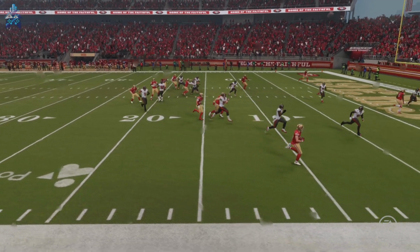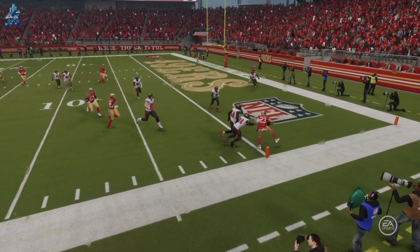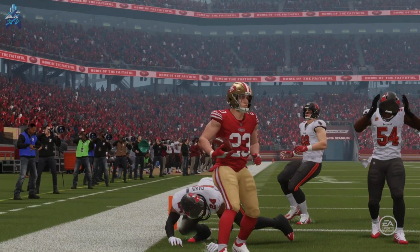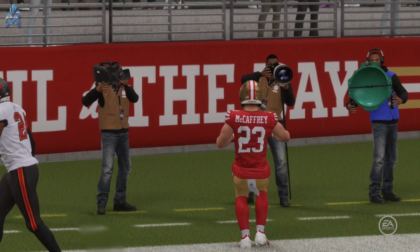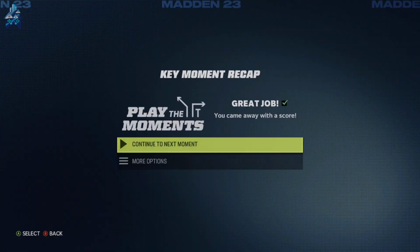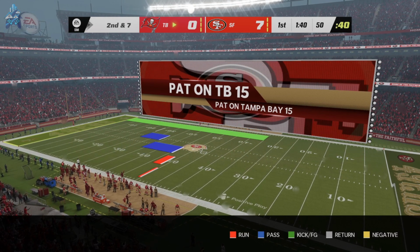Throughout the game, we're going to track so many different statistics, but one is becoming increasingly in vogue: explosive runs of 20 yards or more, and we just saw one right there to open this game. Now we'll see how the other team responds, because when you get a play like